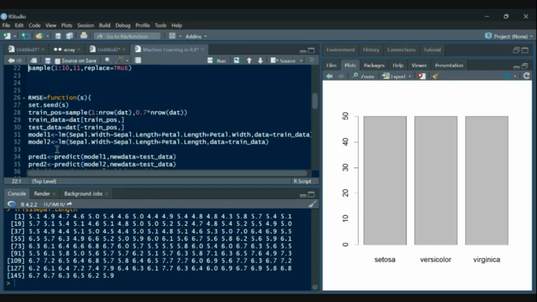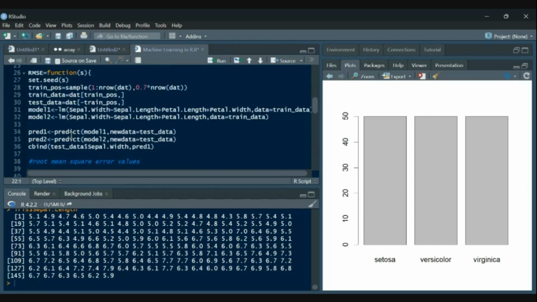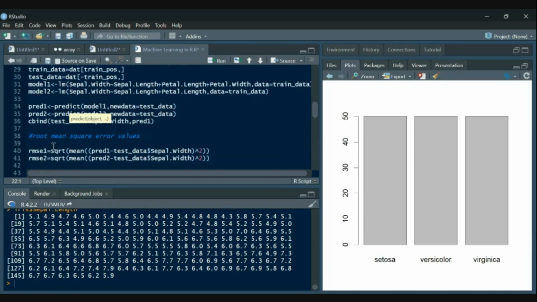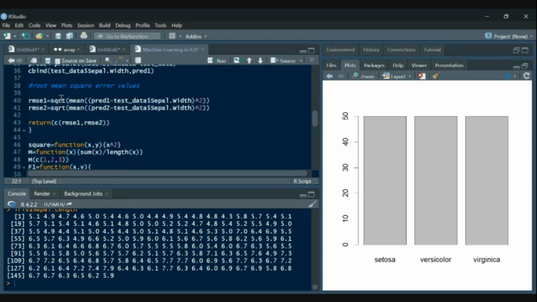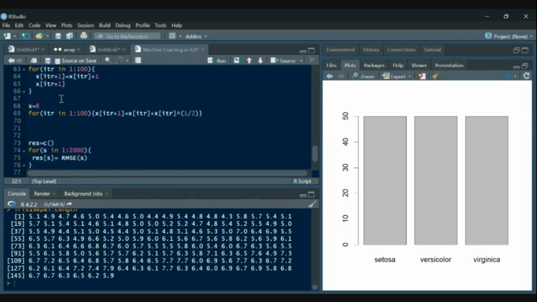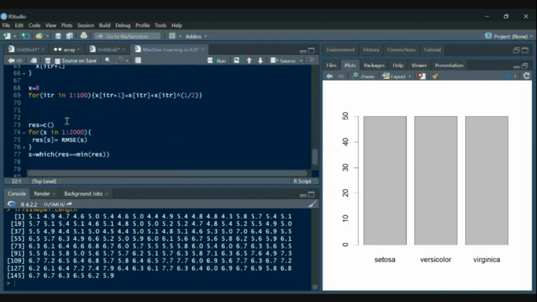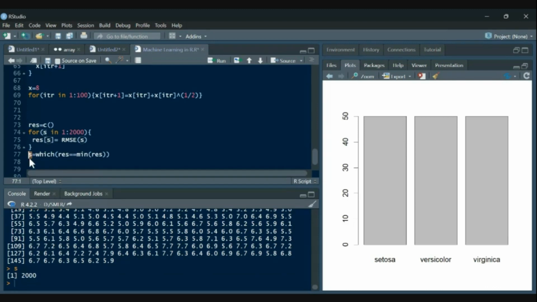I think at this position, everyone was here. We have done enough discussion over this. Then we created the function RMSE, and then simply iterated it again and again. So we got 2000 values, and the S for which it was minimum.